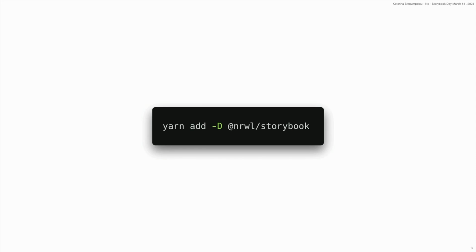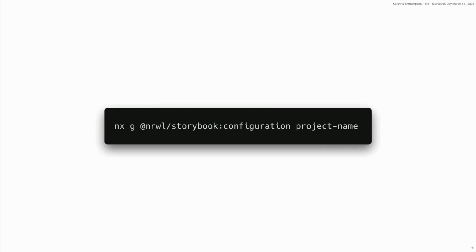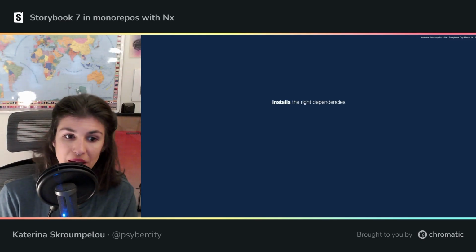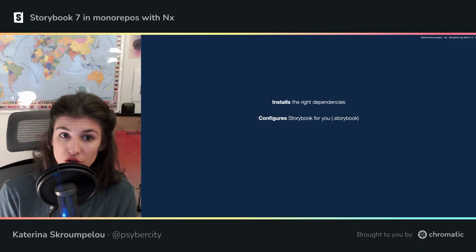You can add the @nrwl/storybook package to your workspace with just one command, yarn add -D @nrwl/storybook. And you can call the generator, nx g @nrwl/storybook:configuration project-name, or for example, if you have a React project, call the React specific Storybook configuration generator. What this generator will do for you is it will install the right dependencies, it will configure Storybook for you,